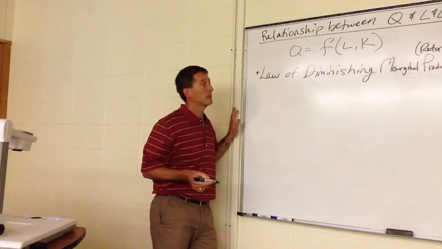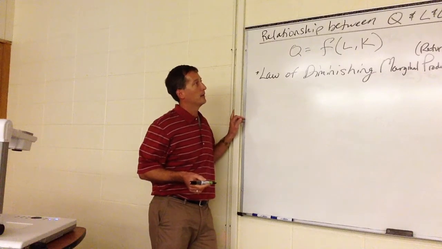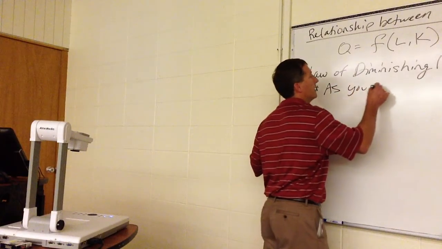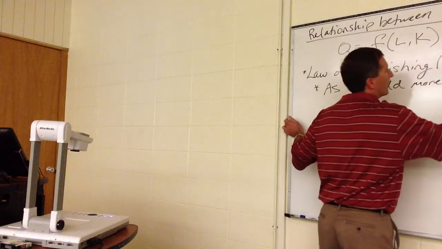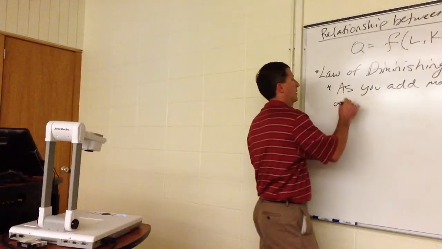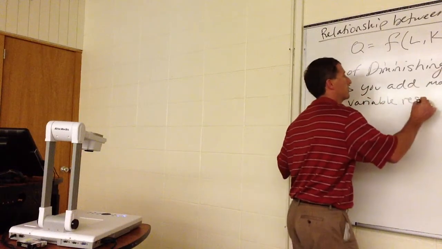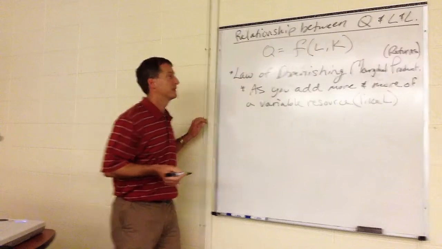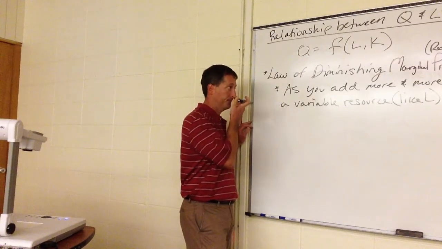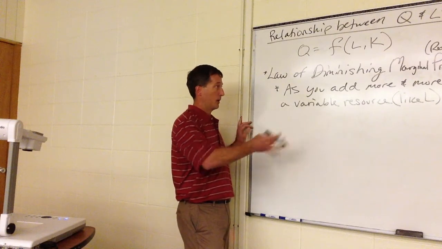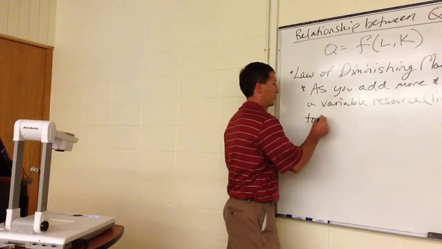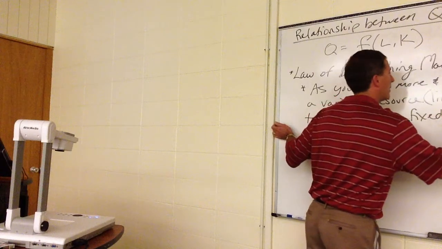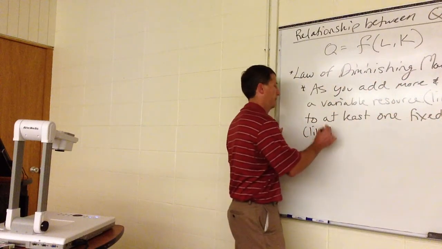The law of diminishing returns, or the law of diminishing marginal product, states that as you add more and more of a variable resource like labor, it's generally the one that we tend to think of as being variable, at least in the short run, as you add more and more of a variable resource like labor to at least one fixed resource, like capital,